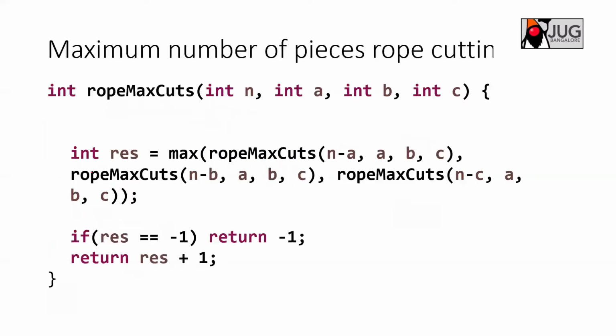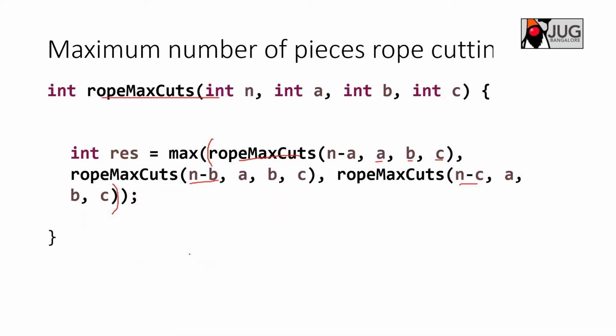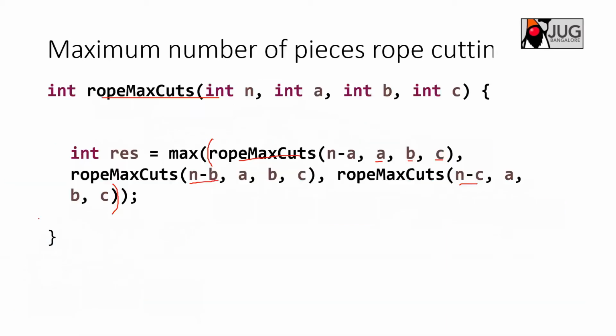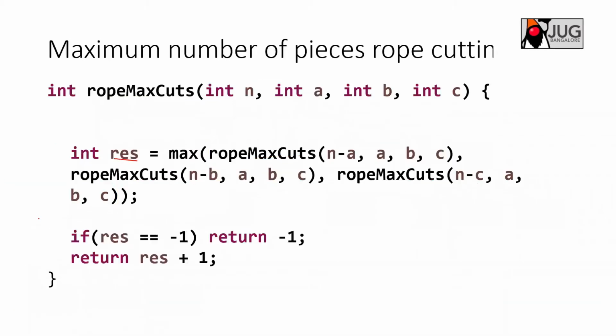First you check whether it is returning -1, and that is what is important. For example, here I take the maximum of all three and assign it to result. If the maximum of these three is returning -1, then I just return -1 back to the caller. That means I am not going to take that value here. If it is returning -1, I'll just return -1.